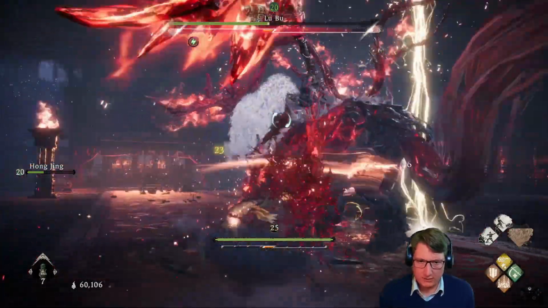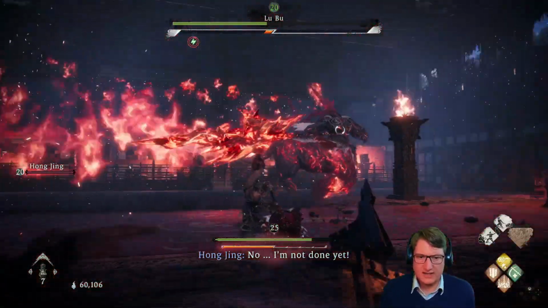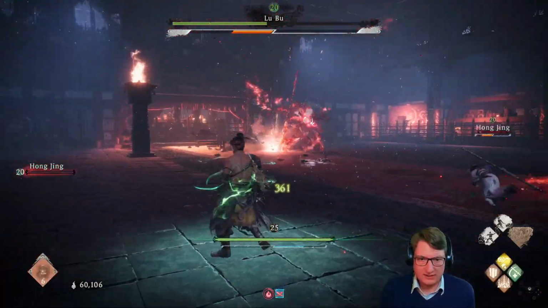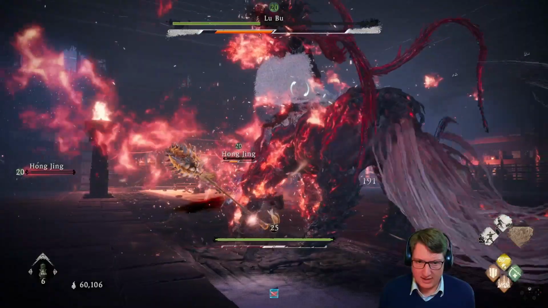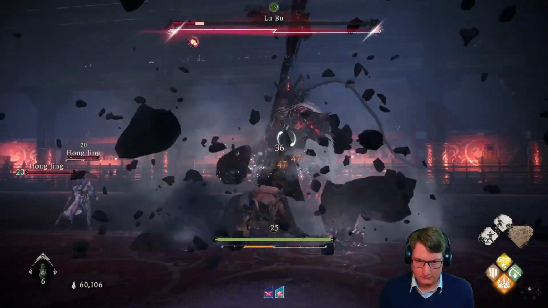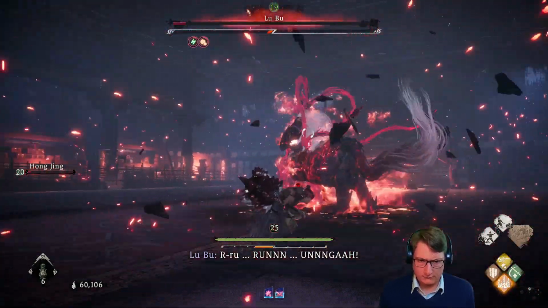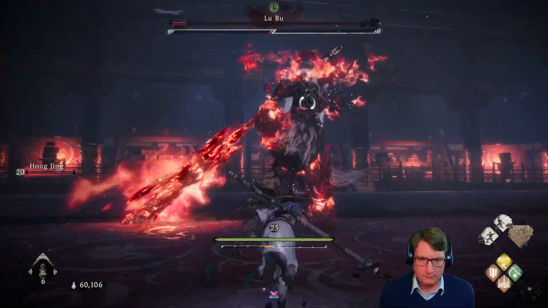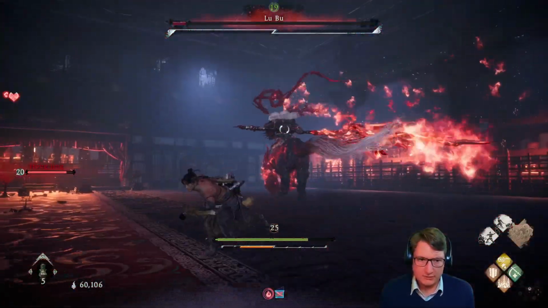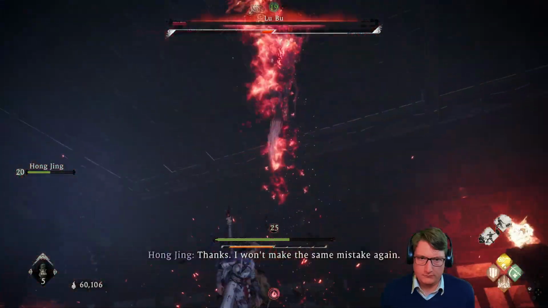He still doesn't go for me. Could you help me out? I'm not done. I didn't press that, game. Now I'm stuck at full spirit. I know your tricks still. He just does that twice now. I pressed both deflects at the right timing. I am pretty certain on that. Where are you? Thanks. I won't make the same mistake